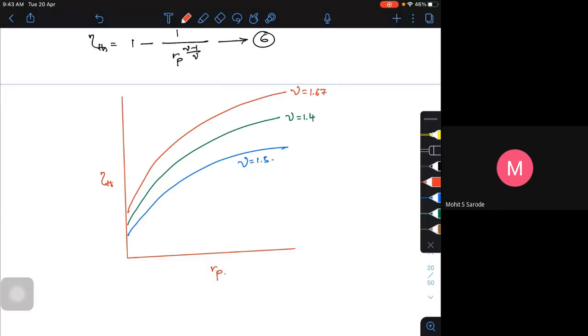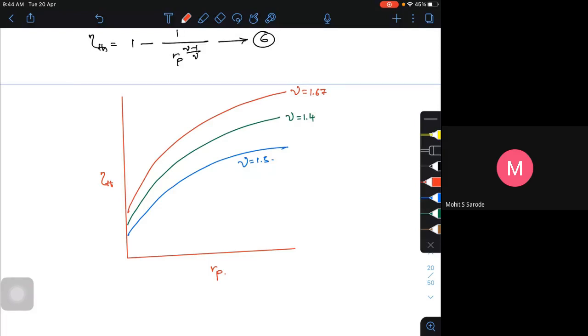We have seen this similar kind of condition in case of an Otto cycle. There it was depending upon the compression ratio. Here it is depending upon your pressure ratio. That is the major difference between your Otto cycle and Brayton cycle. In the Otto cycle, it was constant volume heat addition and constant volume heat rejection, so that's why we had compression ratio. In case of a Brayton cycle, it is constant pressure heat addition and constant pressure heat rejection, so we are left with the pressure ratio. That's the major difference.